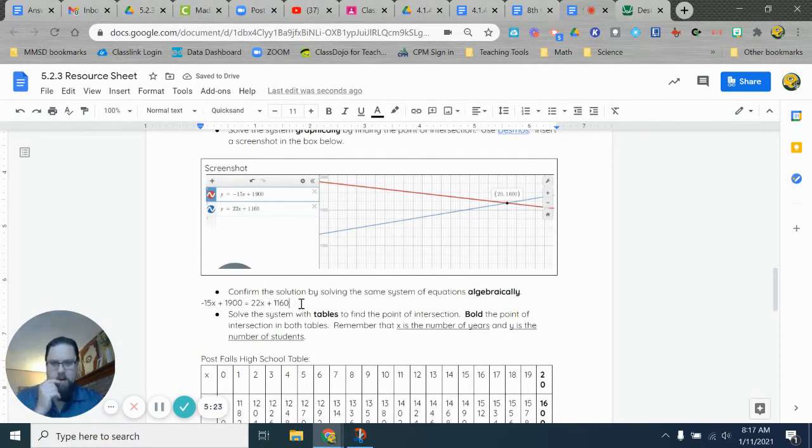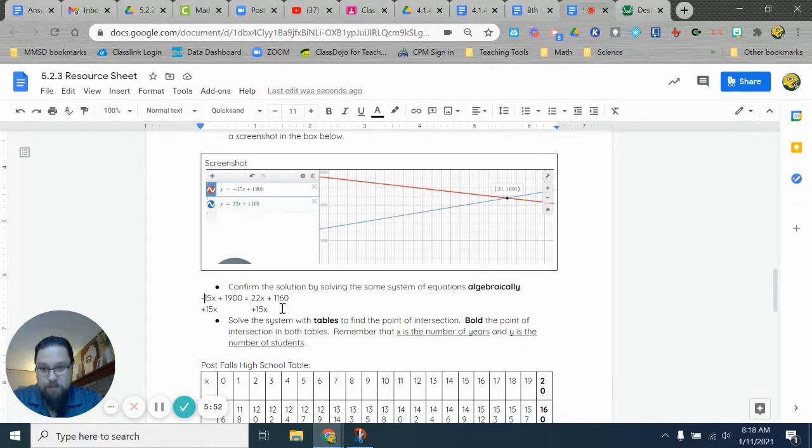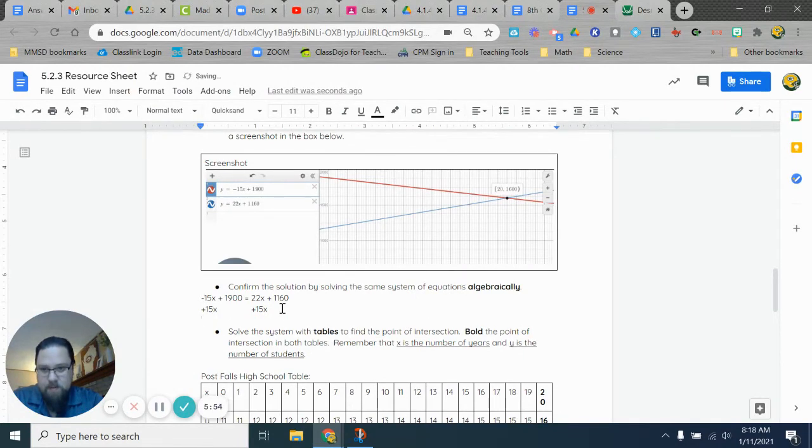All right, so remember our goal when we are solving equations is to get variables by themselves on one side. You can start with the x's, or you can start with the lone numbers. It doesn't matter. So I just see negative 15x. I'm going to get rid of that with a zero pair. And remember, we want that to be on both sides of the equation. So here it drops out, right? Negative 15x plus 15x is going to be 0. So we're going to be left with